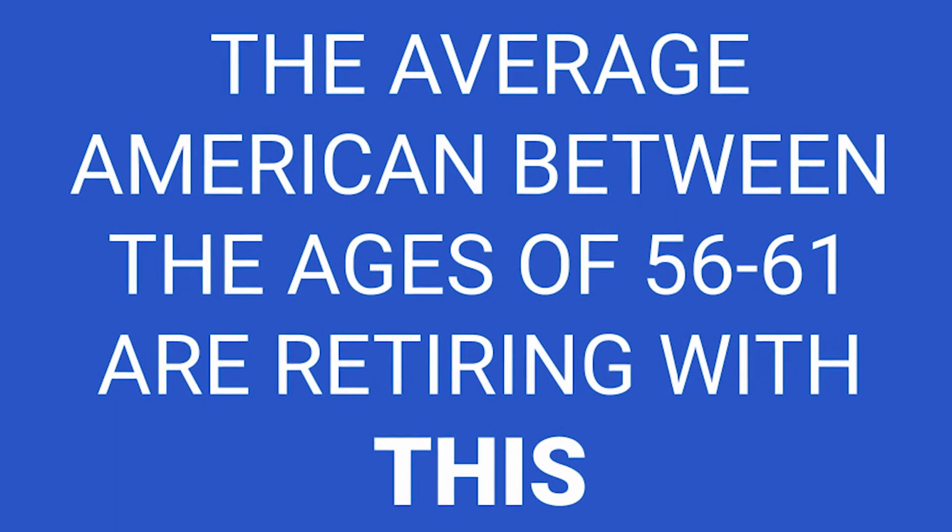See, Americans are no longer staying with the same employer. So pensions are kind of non-existent. Qualified retirement plans are the norm. But let me let you in on something. The average American retires between the ages of 56 and 61. Do you know how much they retire with? The average American between the ages of 56 and 61 is retiring with $161,000 total for retirement. That's not including Social Security or any other supplemental retirement. But most Americans are retiring between the ages of 56 and 61 with a total of $161,000 to retire with.